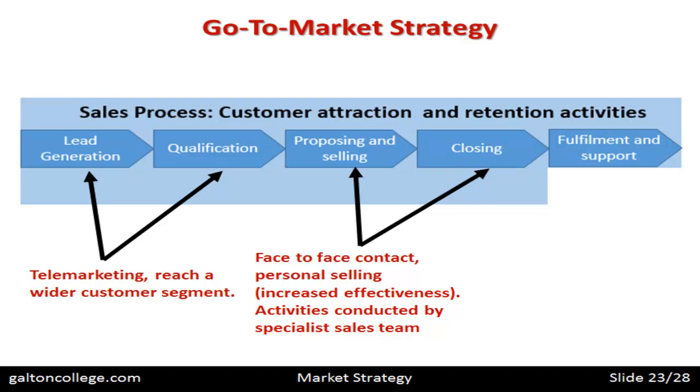But generally speaking, for quite expensive products, for example a car, the final part of the deal will be done face to face. As to whether the customer was aware of the car or of its pricing or of its attributes, that may have been communicated via telemarketing or via e-communications, electronic communications. But these two phases are face to face, proposing and selling and closing, generally speaking, and they're generally conducted by experienced personnel.